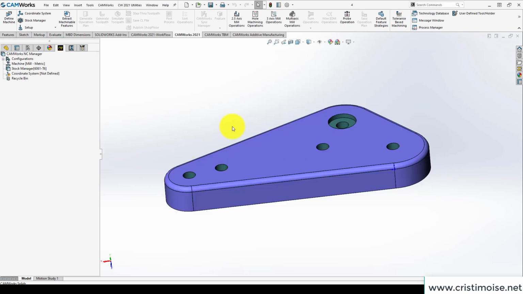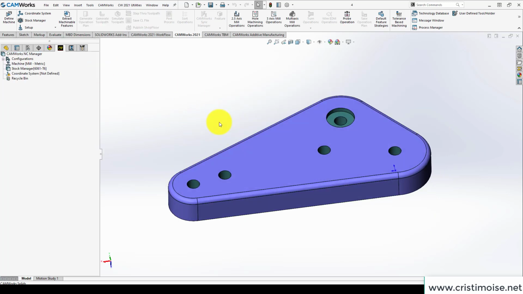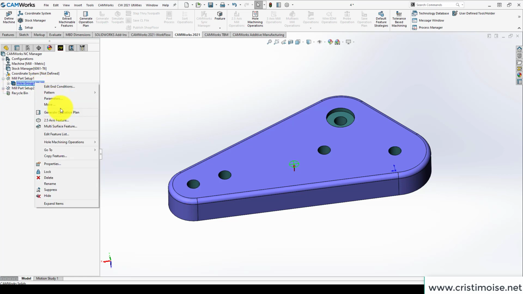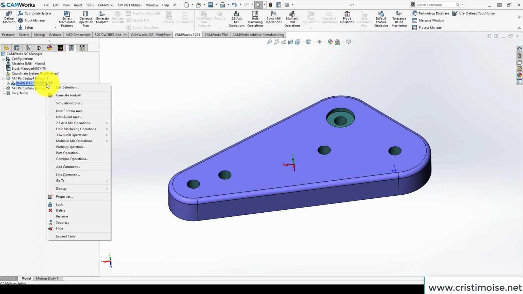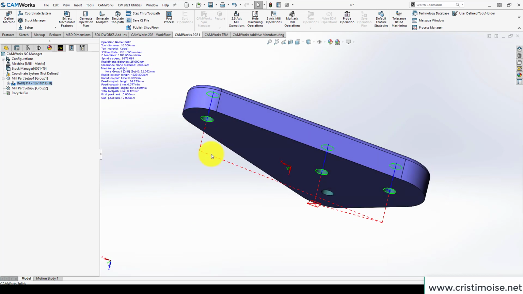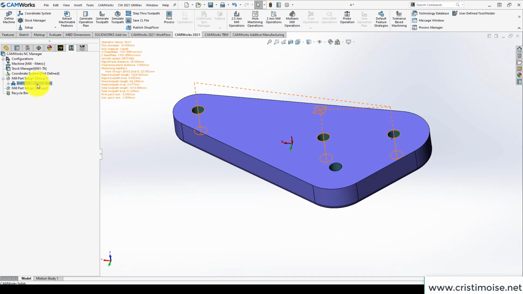I will open another part. So here I have different types of holes. I will click on extract machinable features. I have two mill part setups, and I will put the hole group 1 in mill part setup 1. Let's generate an operation plan. You will see that right now the center drill operation is not here, but let's suppose that this 10 millimeter diameter hole is reamed, so we have a